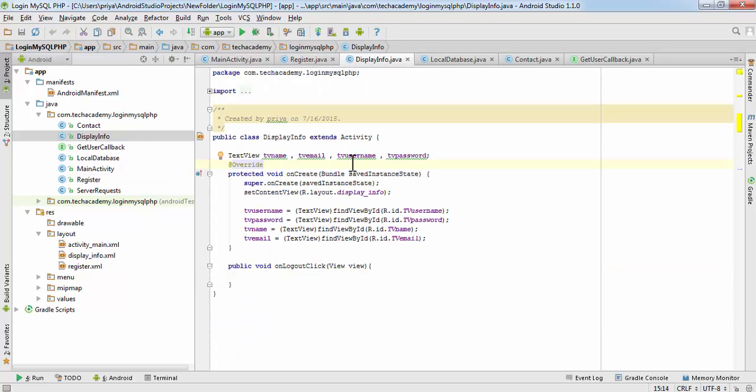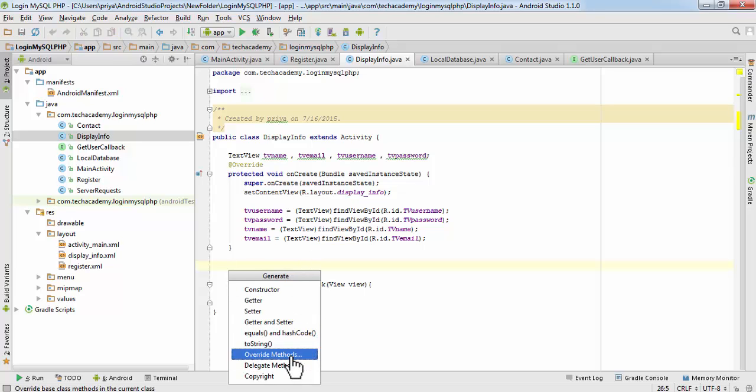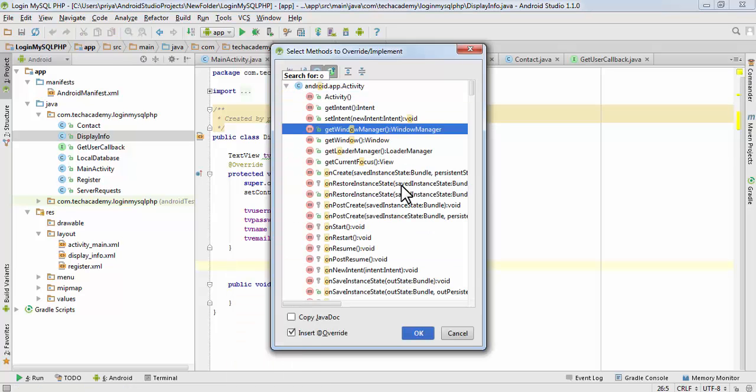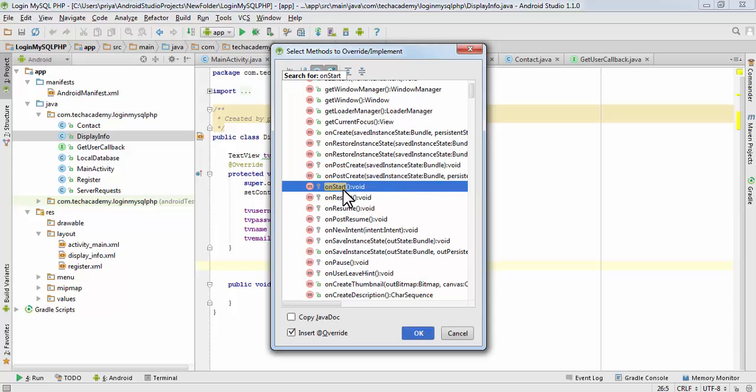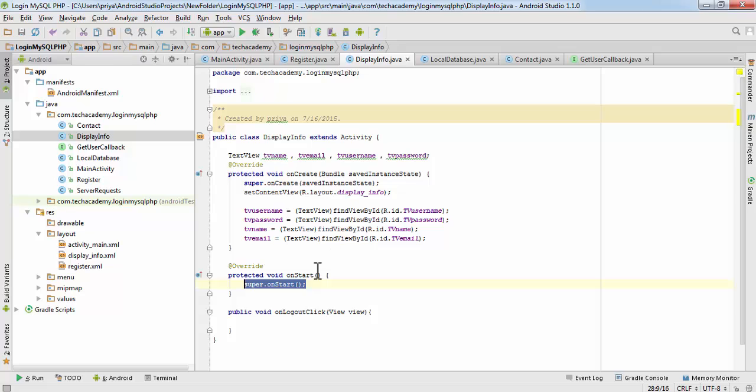So open it, and here we have to add one method. So first hit Alt, insert, and click on override methods, and here search on start. So hit OK. So this method will get inserted here. After the super.onStart statement, write if authenticate.